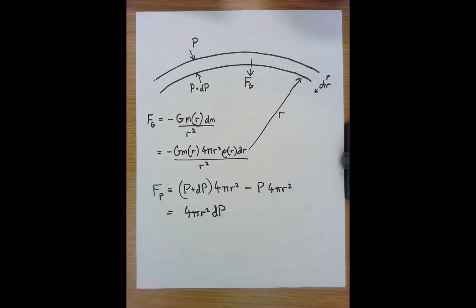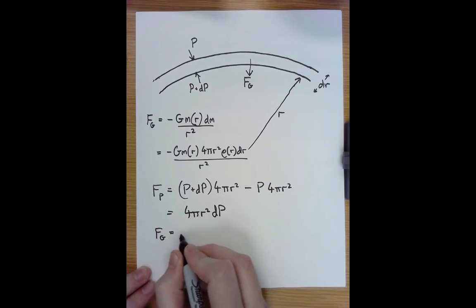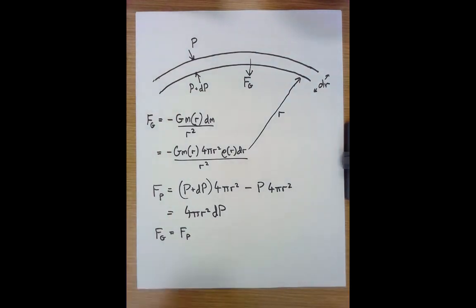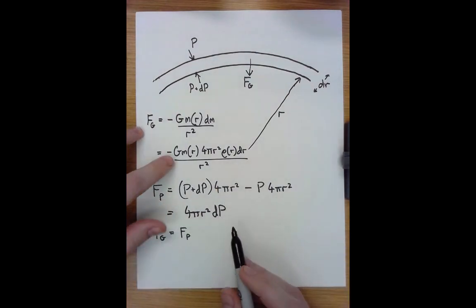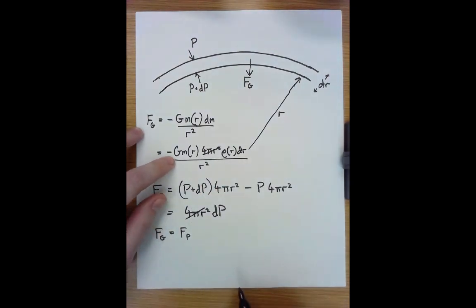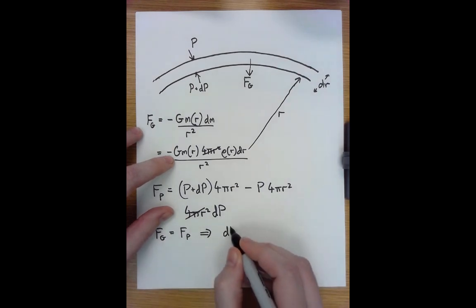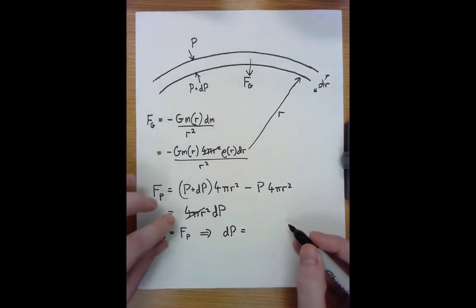Now we set these two forces equal, and notice that the 4 pi r squared here and here cancel, and we get dP is equal to